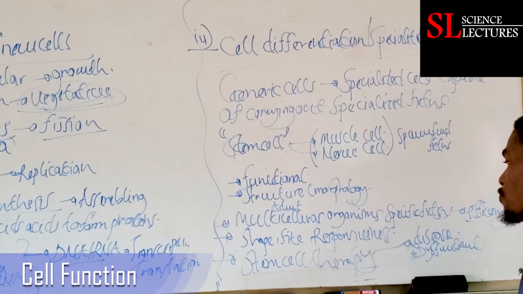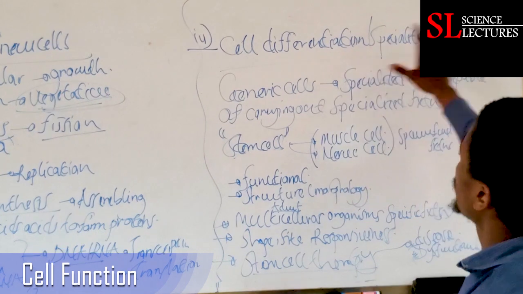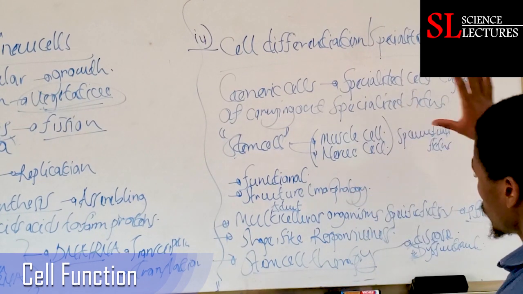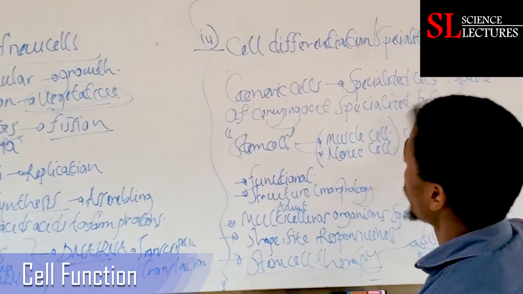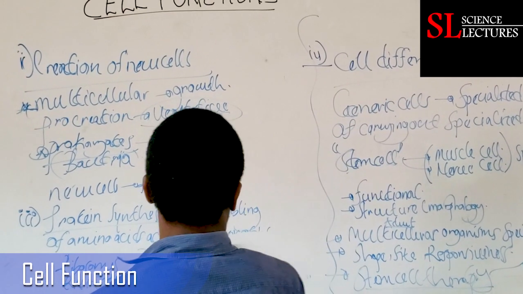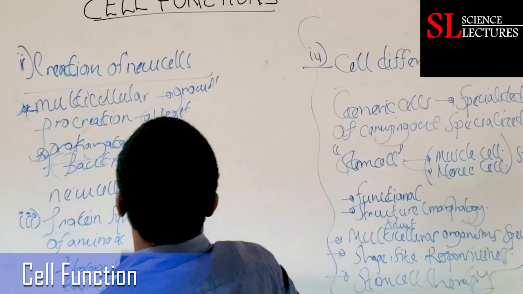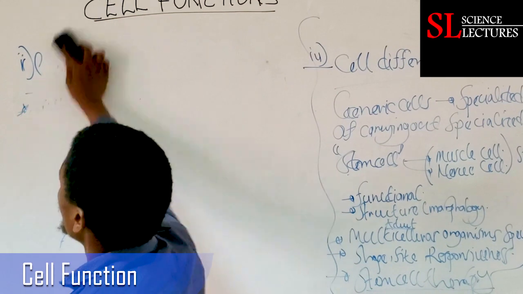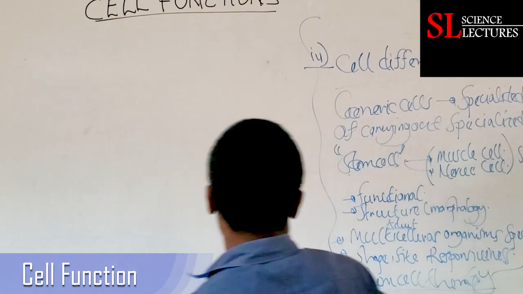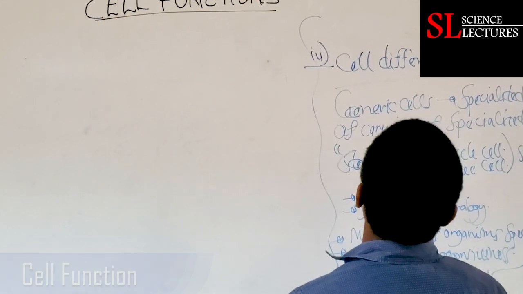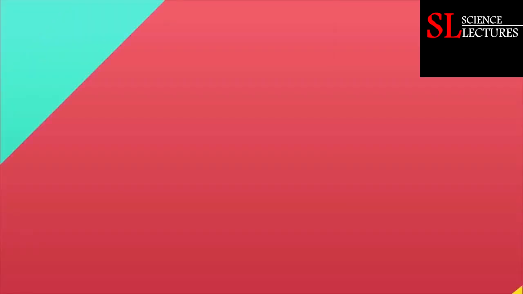Then there is a variety of functions with stem cell therapy. So in cell differentiation, generic cells like the stem cells develop into cells that perform specified functions. Some of the examples of these